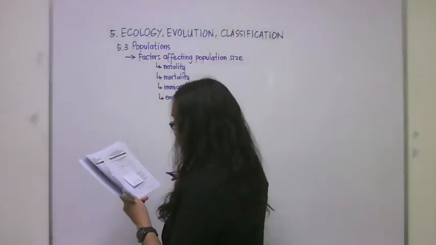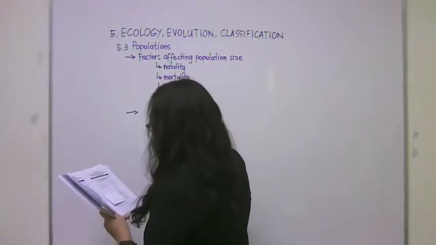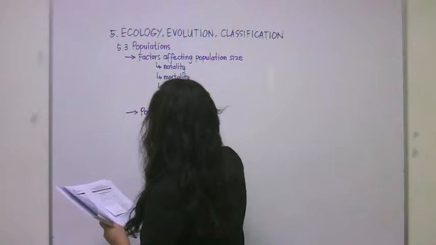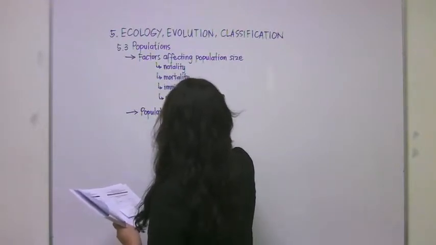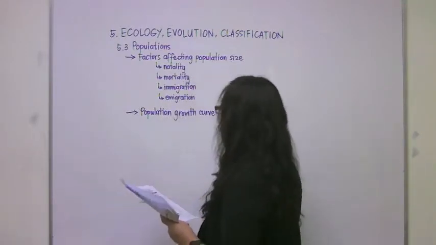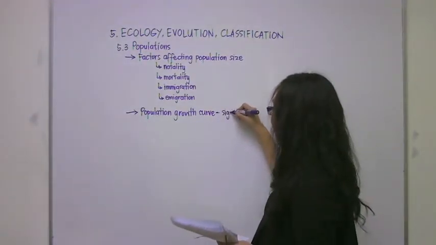So, right after identifying the factors, we have to discuss the population growth curve. We should always indicate that the population growth curve is always a sigmoid curve, or S curve, because of